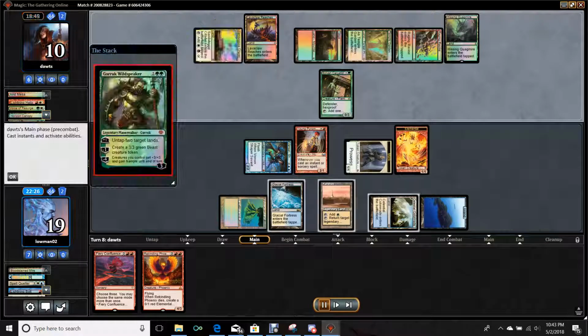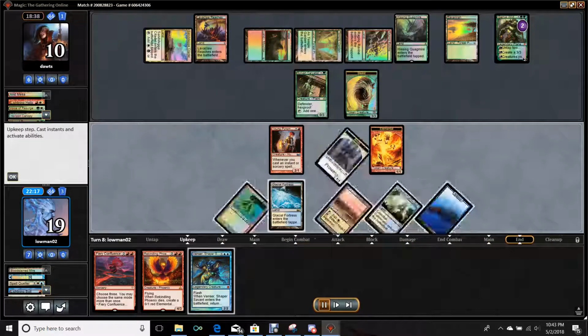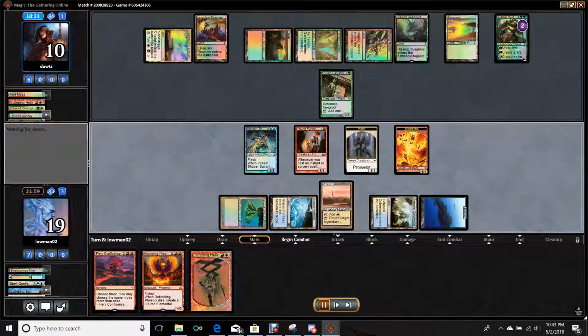But my thought was, eventually you can activate these manlands. I think it's going to get very big. I'd rather do that now than later. If I hit a land here, I'm going to be able to utilize my Celestial Colonnade. As it stands, I miss my land drop. Go ahead and bounce the Beast, and then just get in for...